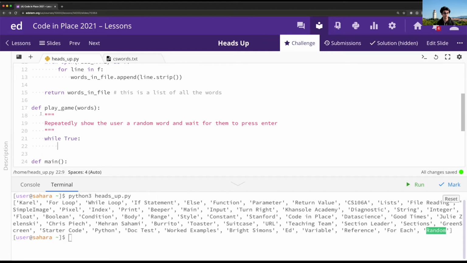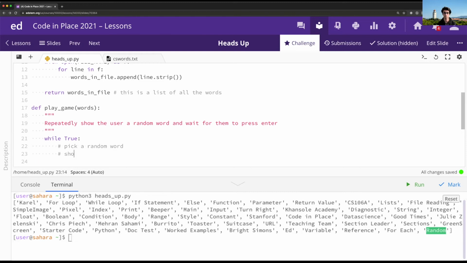Now, that's one way of solving this, but you might say, you know what, it shouldn't be a while true loop. I don't want this game to continuously go. What I might want instead is to say, hey, the user gets 10 turns or something like that, in which case it might make more sense to use a for i in range 10. I'm going to go with the while loop just because I think this game is most fun when you keep on playing until you get sick of it. But if you feel there should be turns instead, a for loop might be the way to go. Okay, so now that we've got that, what we want to do is pick a random word in here